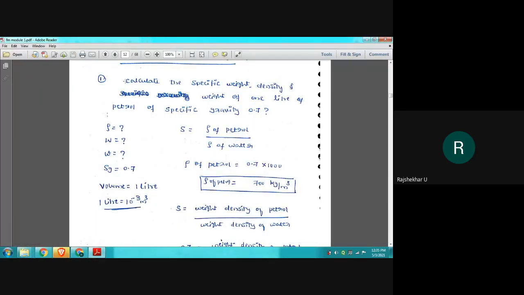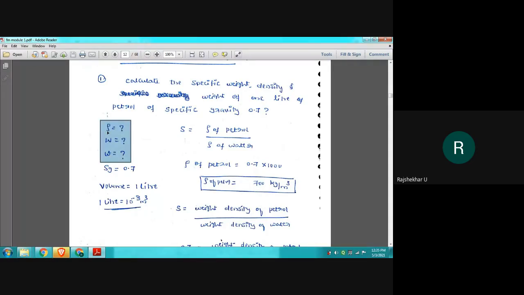So it is a very practical problem. See here, there is petrol of 1 liter. We have to find out its density. You can see in the petrol bunk, the density of the petrol will be written. Apart from that, we have to find out specific weight and specific gravity. For these things, we should know the definitions. If you know the definition, you can straightforwardly use the equation and solve the problem. It is a very simple problem, and you can easily find it out. So these are the things we have to find out.